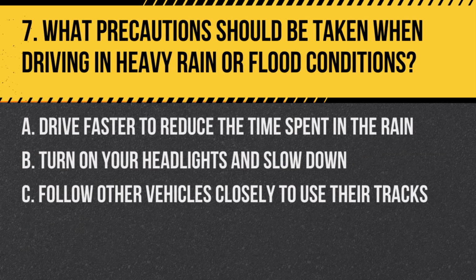Question 7. What precautions should be taken when driving in heavy rain or flood conditions? A. Drive faster to reduce the time spent in the rain. B. Turn on your headlights and slow down. C. Follow other vehicles closely to use their tracks. Answer. B. Turn on your headlights and slow down. In heavy rain or floods, visibility is reduced and roads may be slippery, so it's important to increase visibility to